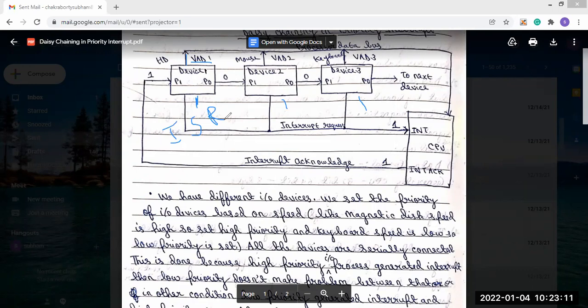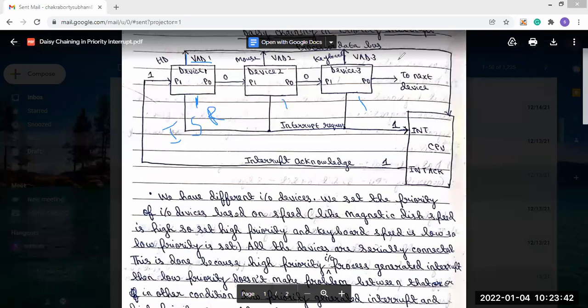So VAD, the vector address, is this: the input output device which generates the interrupt has the responsibility to give the interrupt service routine address to the CPU. So the address will be given to the CPU, and how will it go? It will go using the data bus.